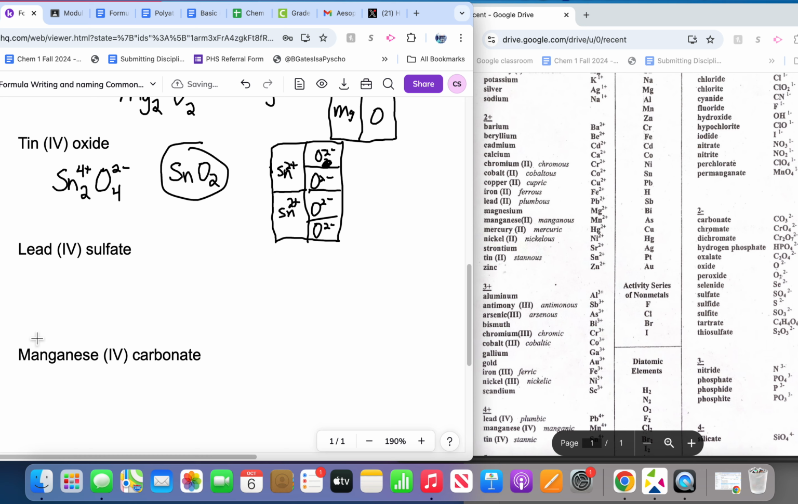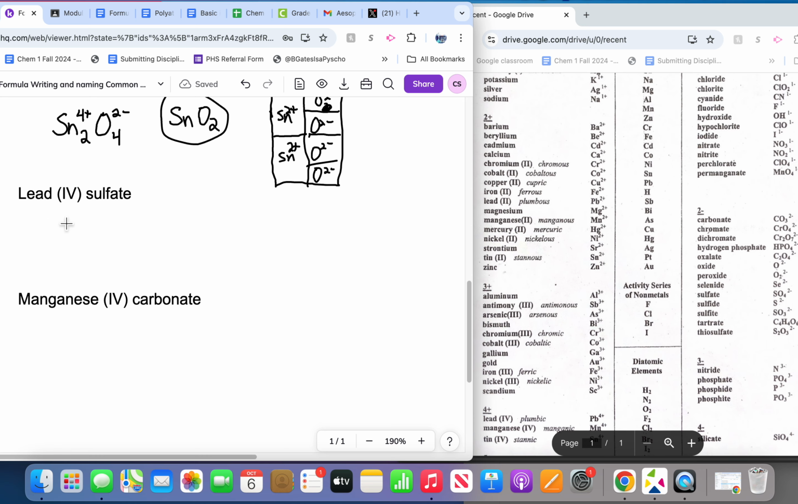Here's another one. Lead 4 sulfate. So lead is 4 plus, okay? And then you have sulfate, and it's a polyatomic, so I'm going to put it in parentheses, and that's 2 minus. If you crisscross, you get a 2 and a 4. But a 2 and a 4 can be reduced to a